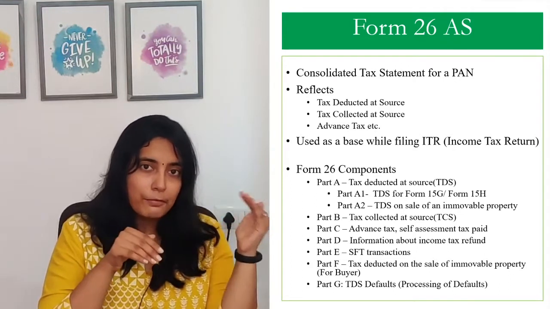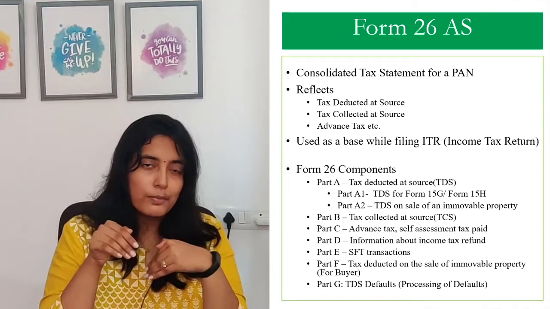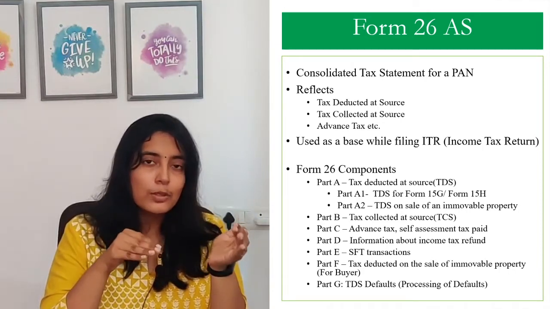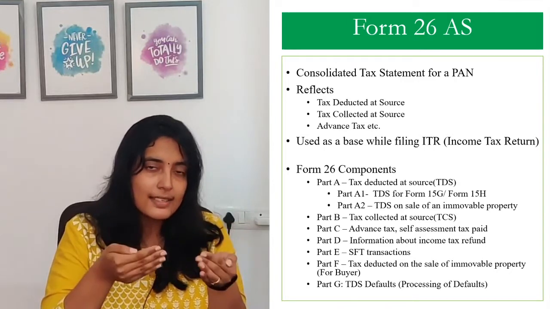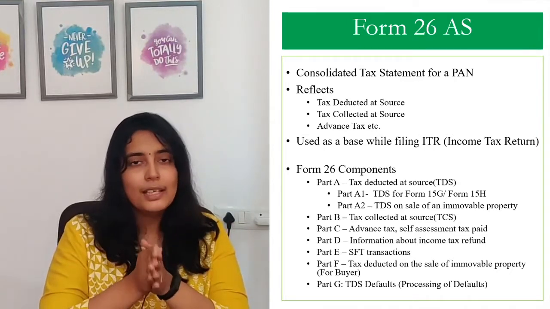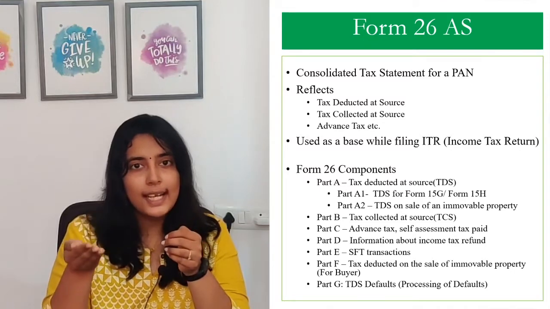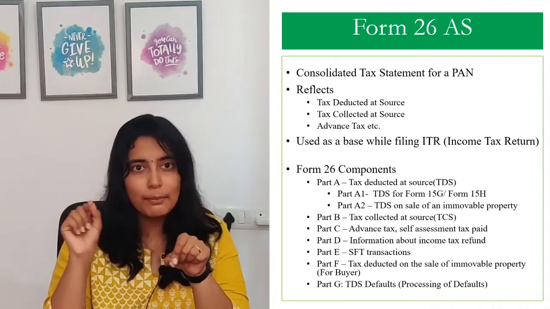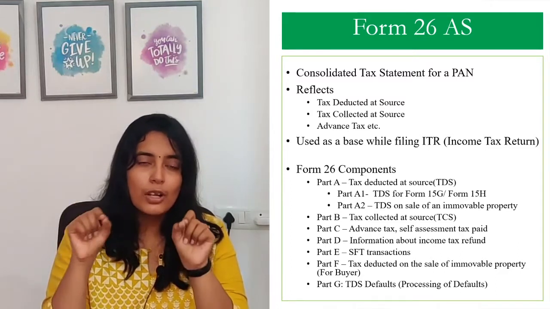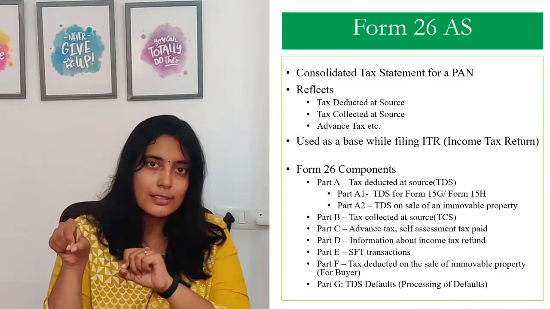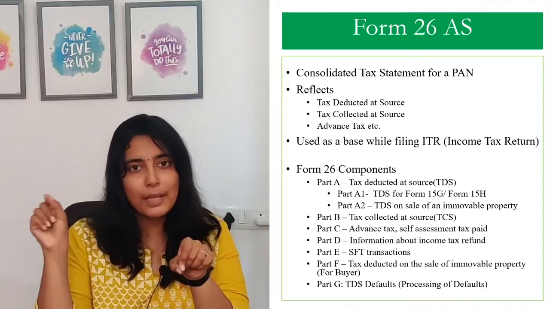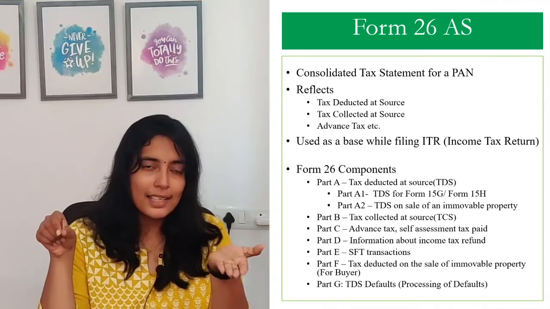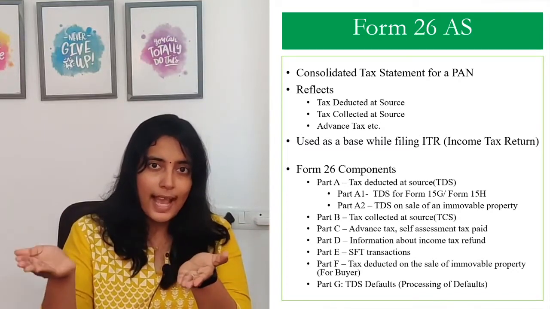As you can see, there are different sections that are present in this form, section A, B, C, D and so on. So these different sections are used to capture different types of tax transactions that you may have. For example, let's say you are employed. Then in that case, your company will pay salary to you and they will also deduct some tax on that salary, which is called TDS, tax which is deducted at source, and they'll pay it to the income tax department on your behalf, right? So when you are getting your in-hand salary, it will obviously be post-tax deduction.